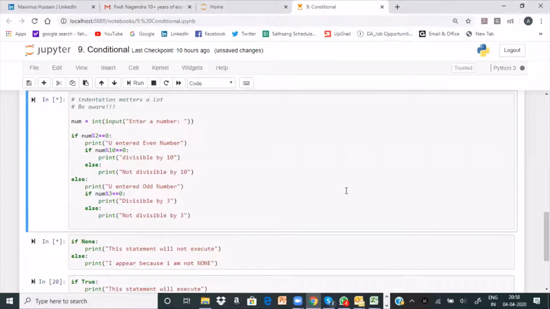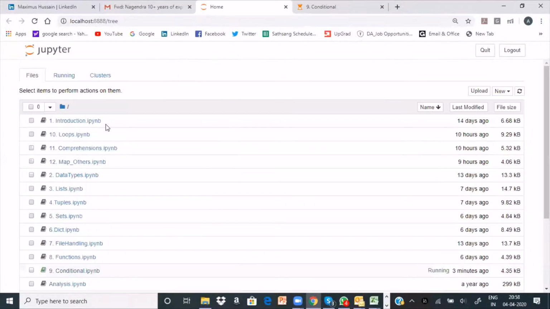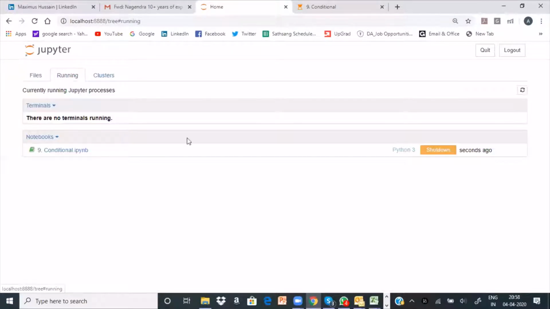Okay. So here, when I ran this, the system is waiting for input from here, and I simply ignored that. I went into the code. The system is still waiting for my input. So you have to break. There is a kernel which is running. If you go into your home, you see here, running.